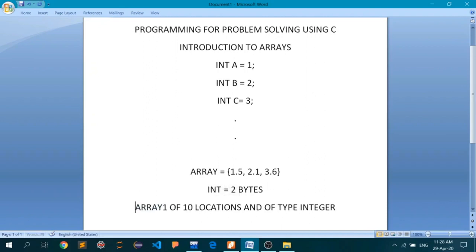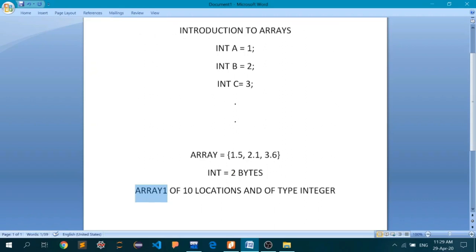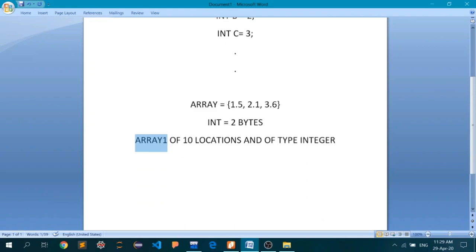So this array named array 1 now consists of 20 bytes of contiguous memory location. Each 2 bytes of memory is going to be used to store one of the 10 data points, and all of those data points should be of type integer only, because an array is a collection of same data type points.